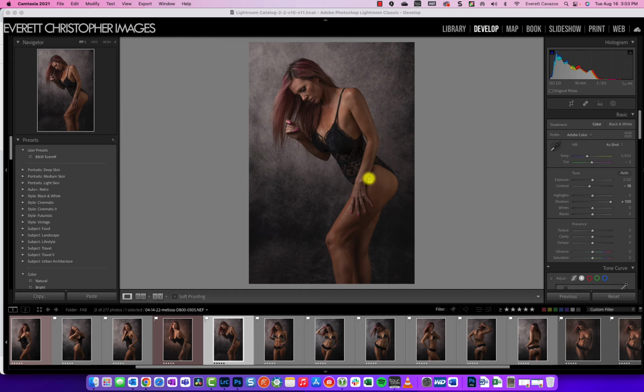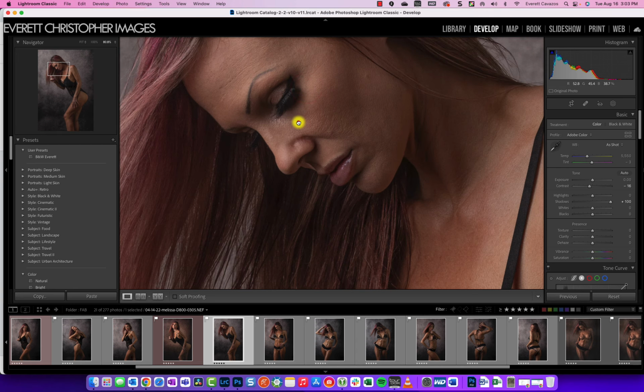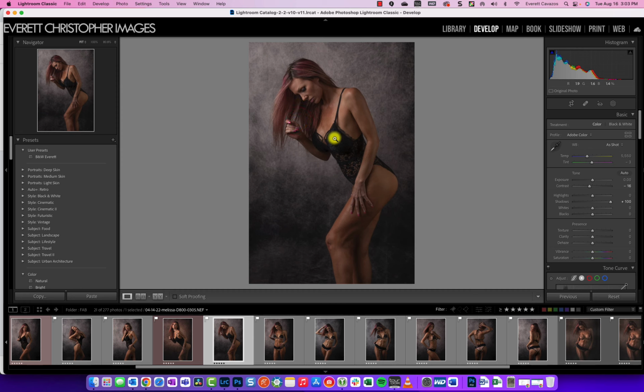All right, so I'm going to edit this photo, and just a couple of things about it. I really like her pose and expression here. Very moody. I mean, obviously still beautiful. Everything about her is beautiful, but the way the hair is going down, just hanging down, and just her expression